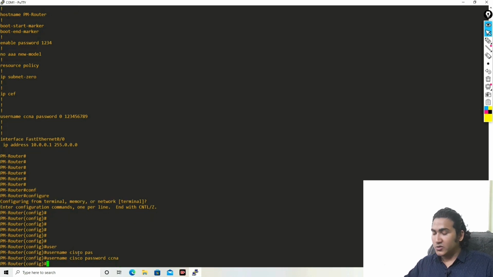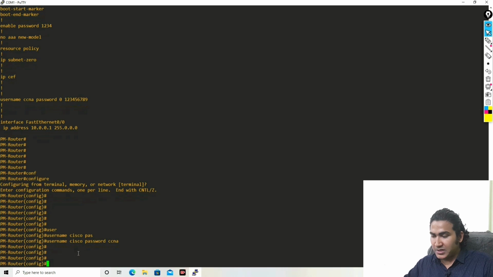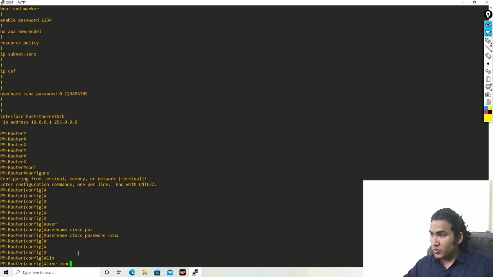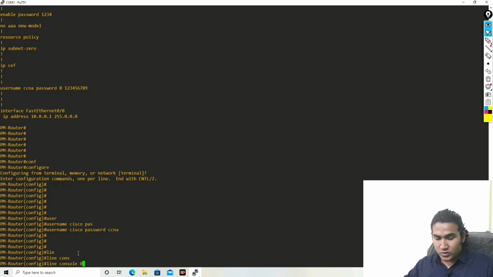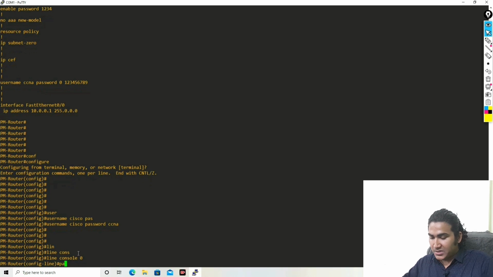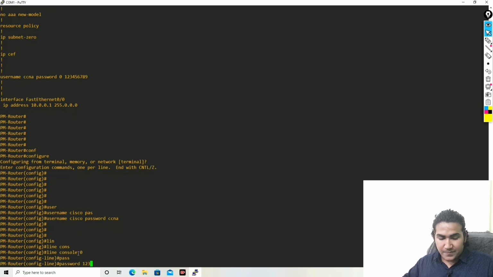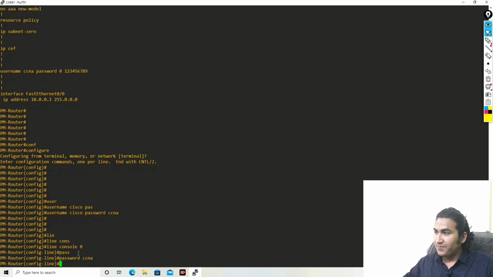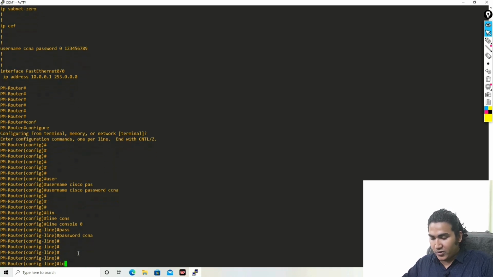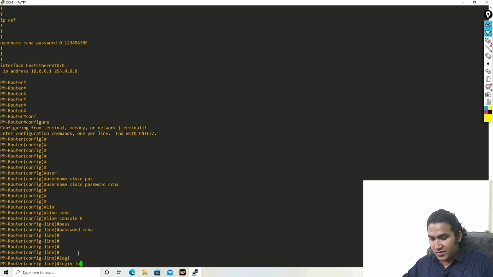Now if I want to remove the console password, go to line console 0 and password. You can change the password. The password is 1234, or you can set the password as CCNA, right? Login local,